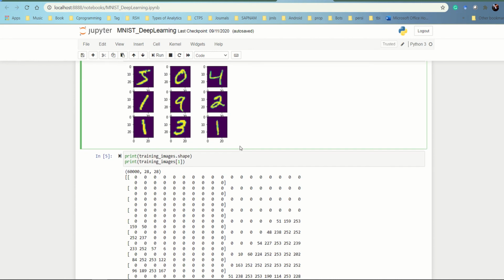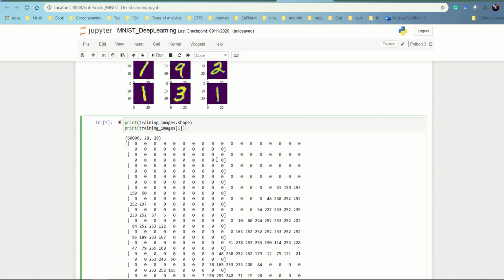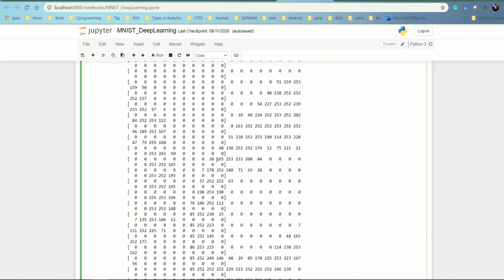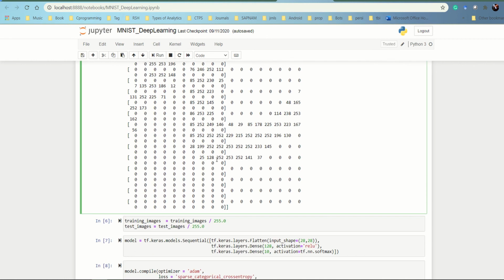Now everything is numbers here. We need to understand how many images there are and what the dimension of the image is. So we are printing the dimensions as well as the number of images, and you can see that we have got 60,000 images with 28 by 28 as the dimension. This will help you in understanding the range of the image going from 0 to 255, which means the numbers inside the matrix are between 0 and 255.